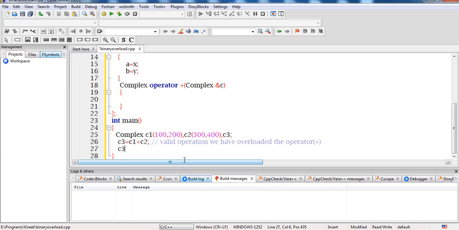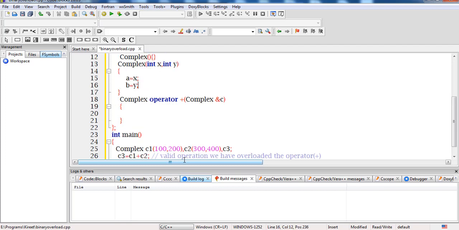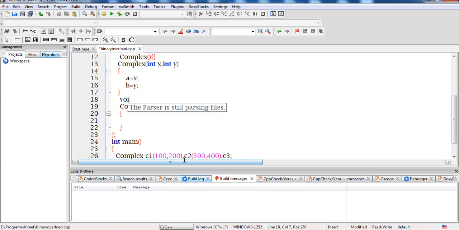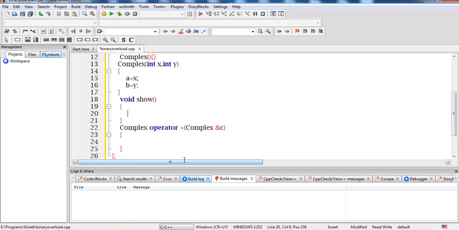Let us suppose the function is show, so c3 dot show. First of all we create the function show, and then we'll complete the definition part. This show function will contain only what we want to show as output, that is the complex number in the form of a plus ib.